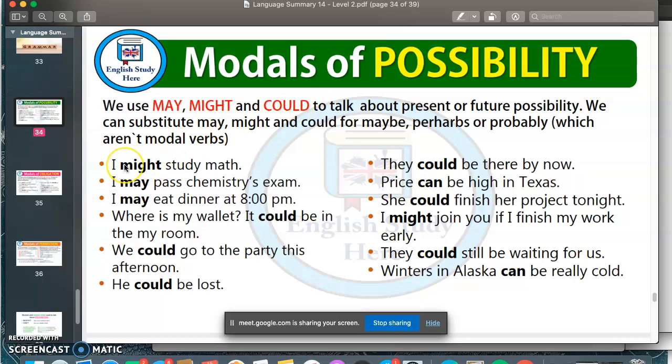So if I say I might study math or I may pass chemistry's exam, I'm just talking about a possibility. There is a probability that this thing happens. It's not 100% sure, but the chance exists. So again, we have could. If I say, for example, he could be lost, or he could be dead, I am not saying that this is 100% sure, but I am saying that this is a possibility. If I say they could be dead,